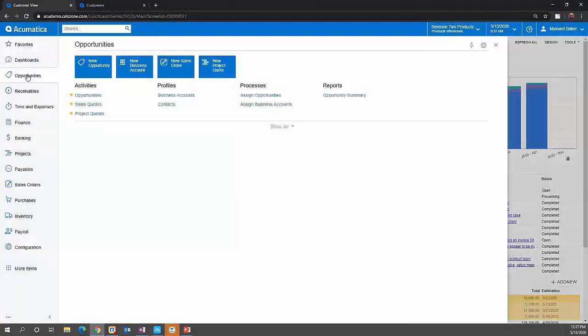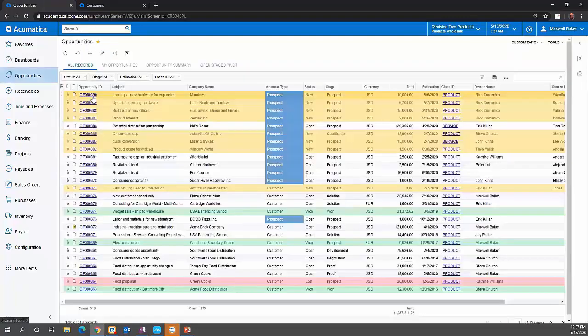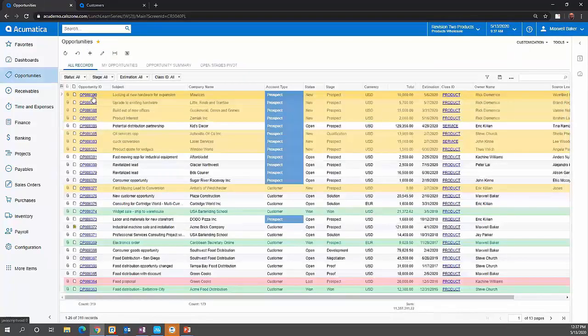The example we're going to look at today is our opportunity and our primary list, or generic inquiry, that kind of controls them. Generic inquiries don't typically look like this right out of the box. We took some time and took some of the features so that we can actually demonstrate what you can do